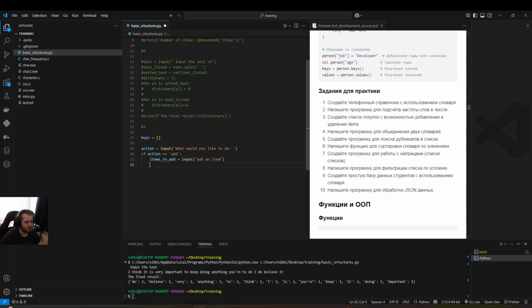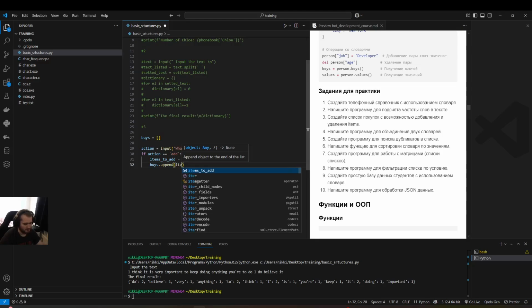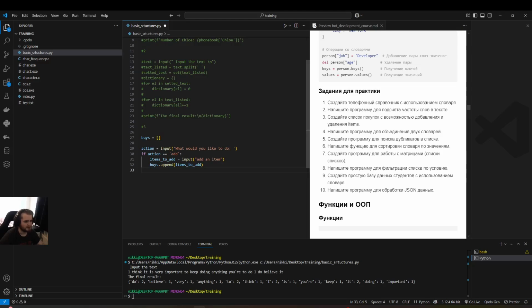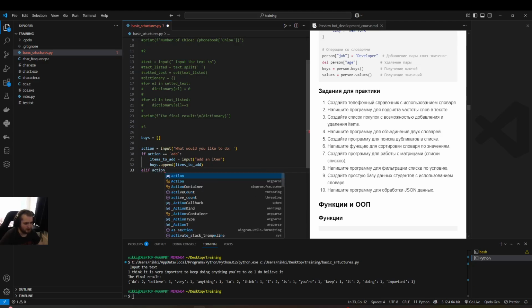and then we need to add it to our buys, right? So buys dot append items to add, yeah. Okay, we've realized the add function. Then if action equals to remove, then